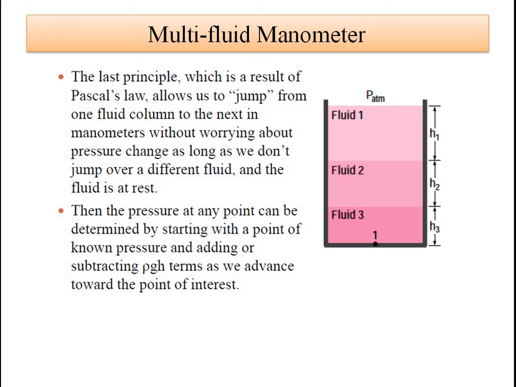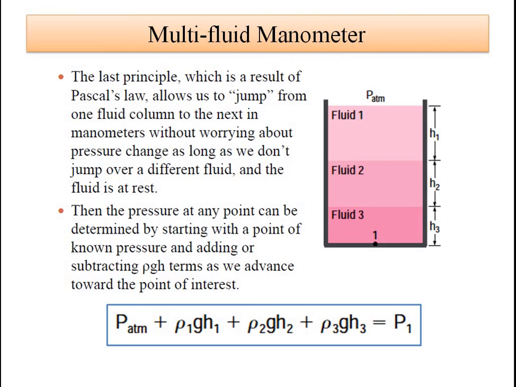Now, the last problem which we are going to see is the multi-fluid manometer. The principle which is a result of Pascal's law allows us to jump from one fluid column to the next in a manometer without worrying about pressure change, as long as we don't jump over a different fluid and the fluid is at rest. Then the pressure at any point can be determined by starting with a point of known pressure and adding or subtracting rho g h terms as we advance toward the point of interest. So we can say P atmospheric plus rho 1 g h1 plus rho 2 g h2 plus rho 3 g h3